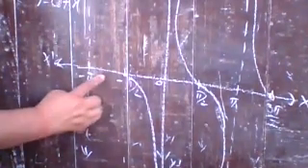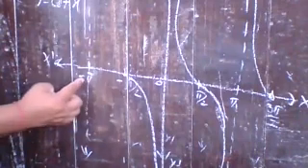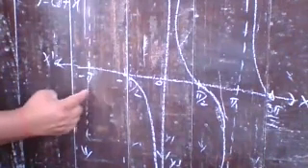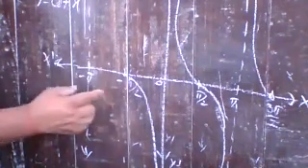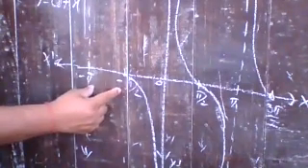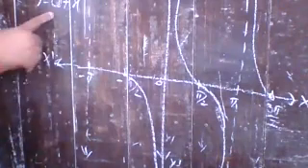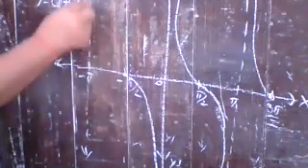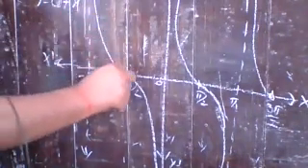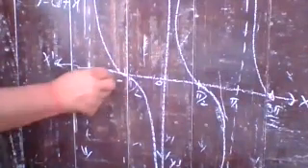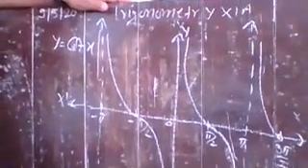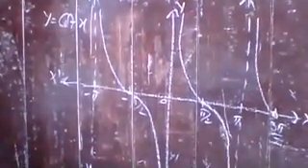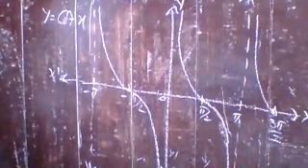Now, if you move further, minus pi by 2 to minus pi, that quadrant, if you move in clockwise direction, is the second quadrant, and there cot is negative. So you can plot it like that. In this way, you have the graph of cot x.